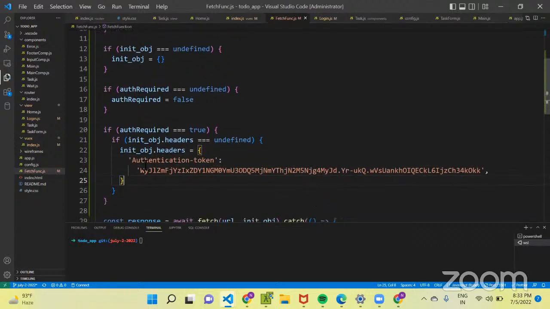So what we are doing, if the init object doesn't have headers, then we will